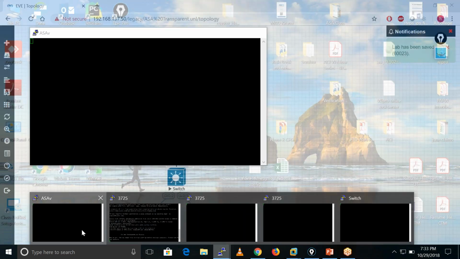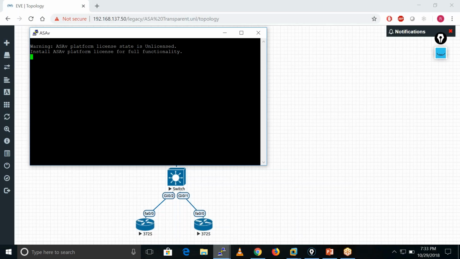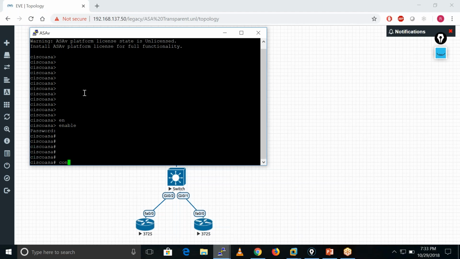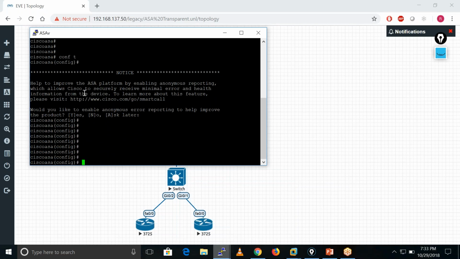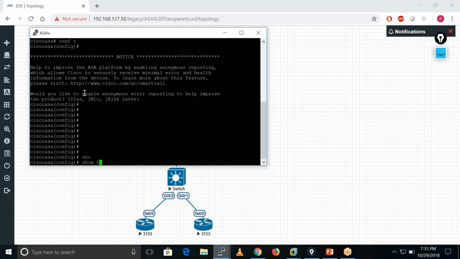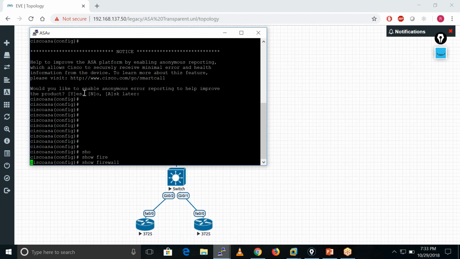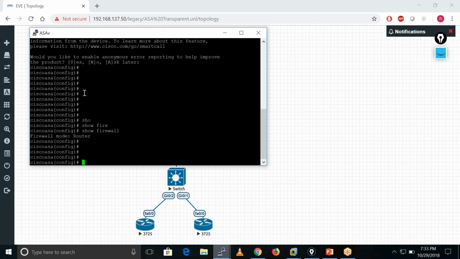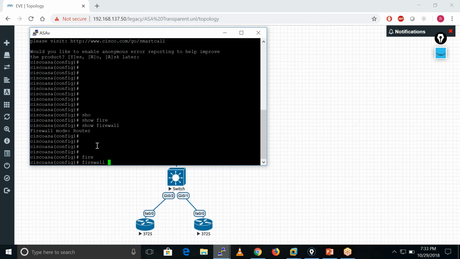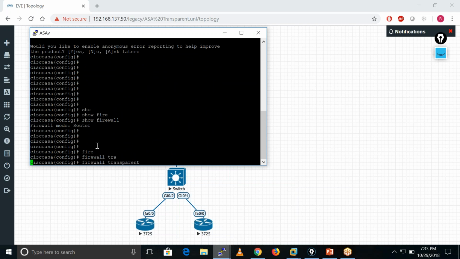Let me directly go into my firewall. We use this command to see which mode our firewall is running in. It is running in router mode right now. This is the command to change the firewall mode into transparent.